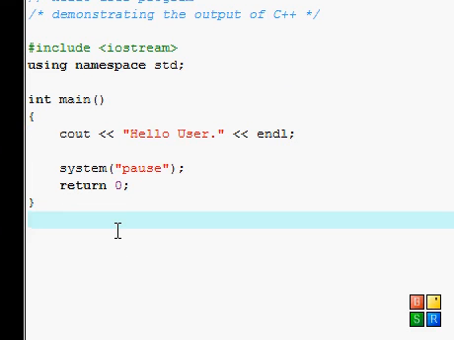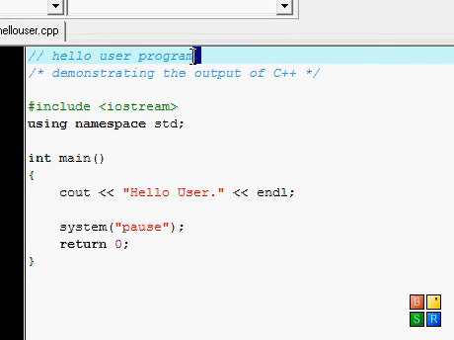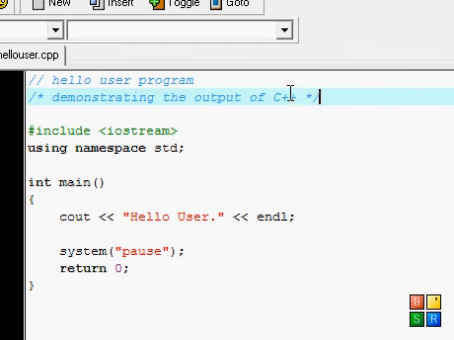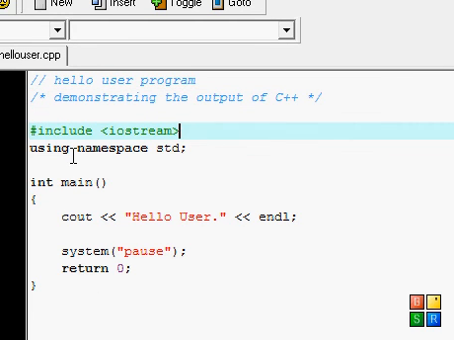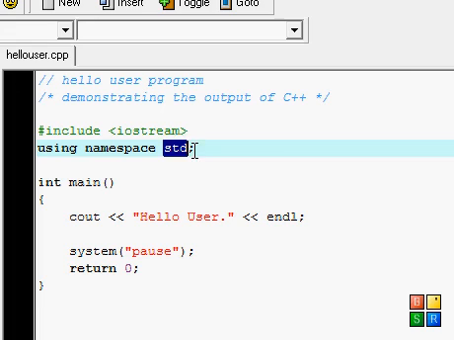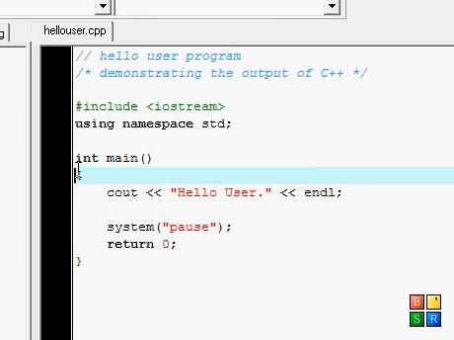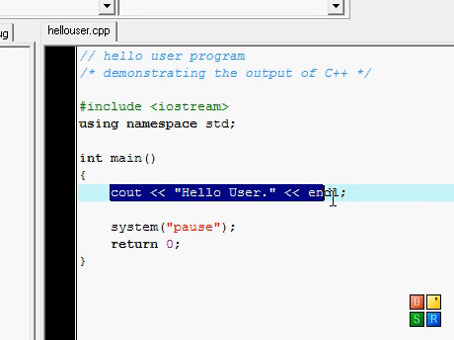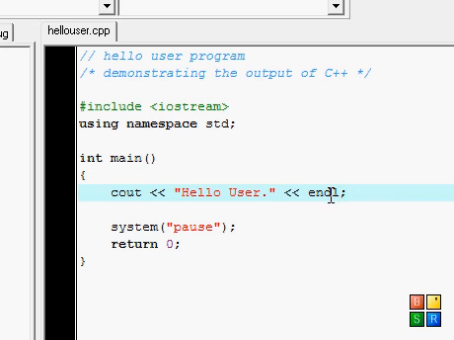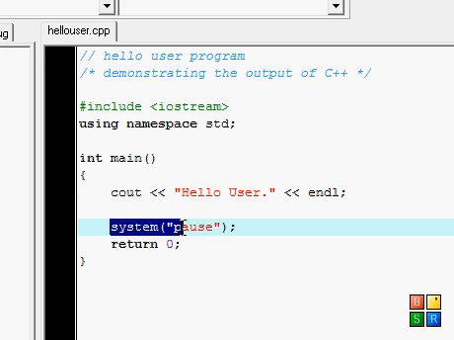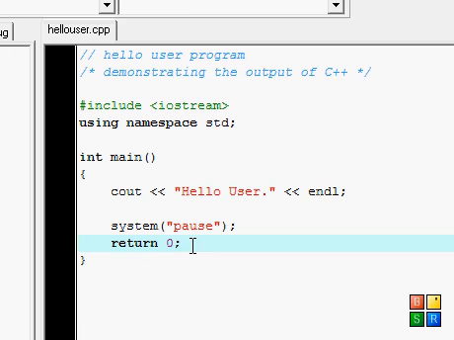So now I hope you understood this. Here's what basically happened. We have two comments, a single line and multi-line. We included the input-output stream where we're using the standard library, and now we started our main function with parameters. So we started it, and we outputted hello user and ended the line with endl. If your computer's like mine, you have to put system pause to force it to keep the window open, and then return 0. You use return 0 to tell the compiler that it worked perfectly